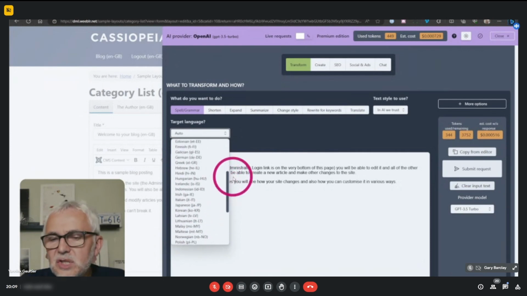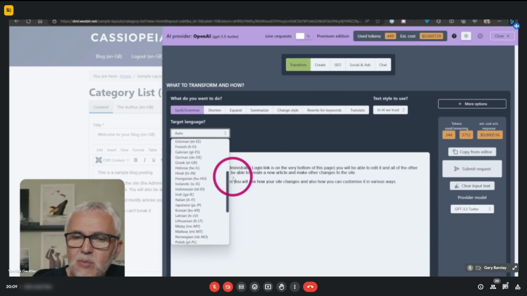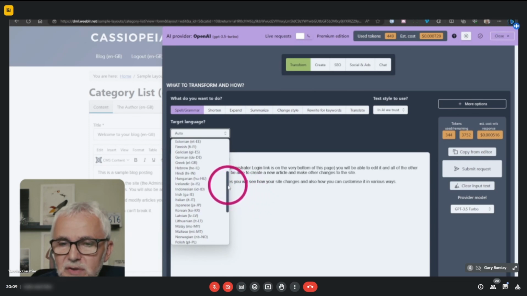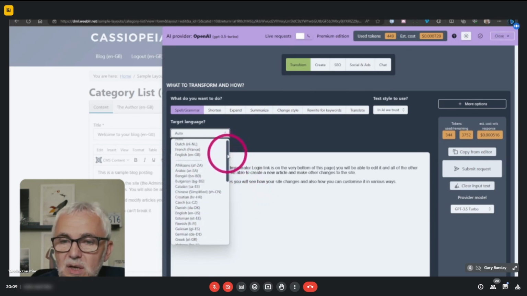The list of languages that ChatGPT and therefore the OpenAI API can work with is not known. It's not something they have published. We don't know exactly. This list is something that I've gathered from various sources, and I'm pretty sure, and I'm confident it's going to work fine with this.